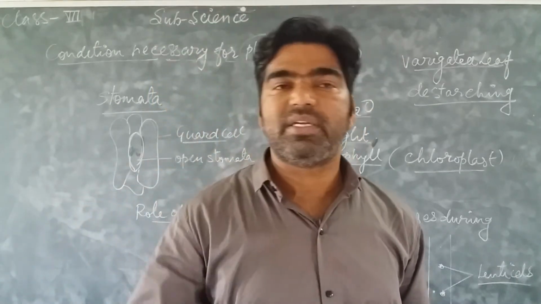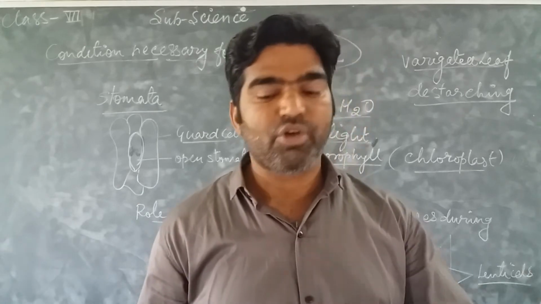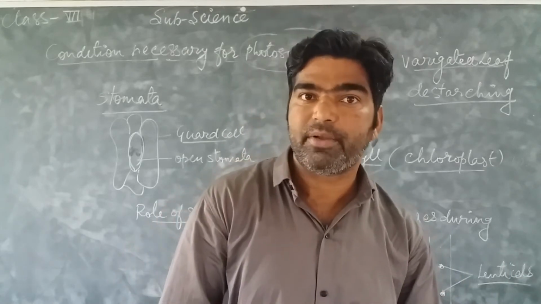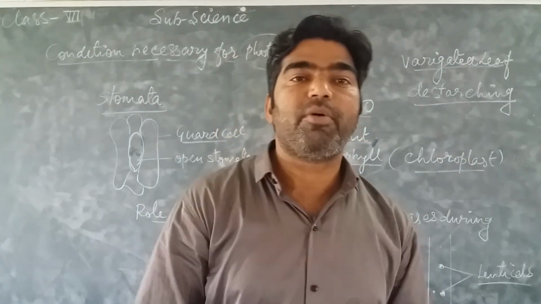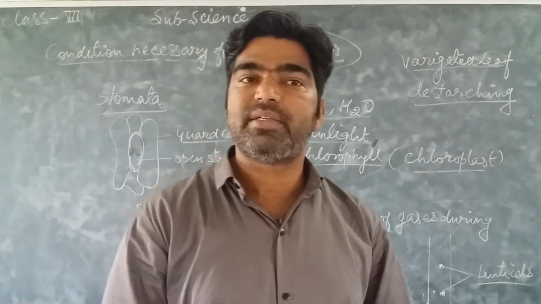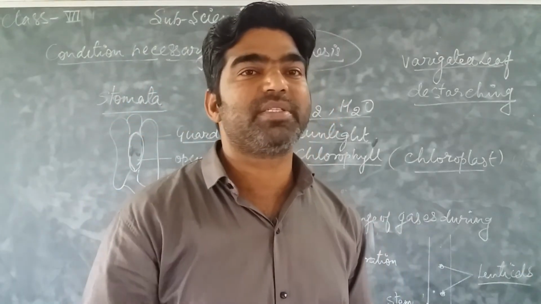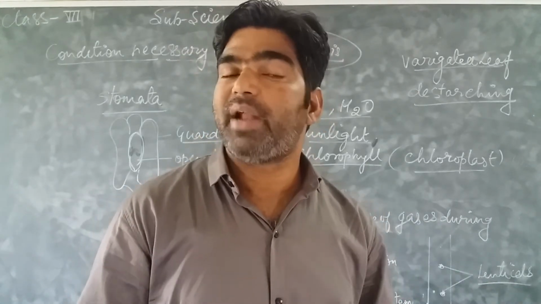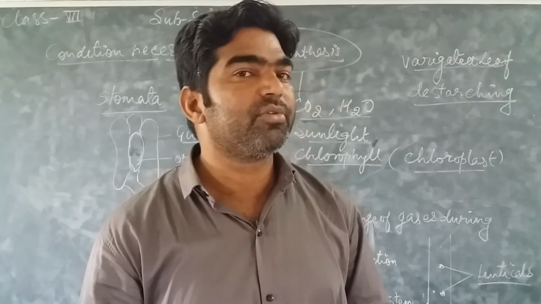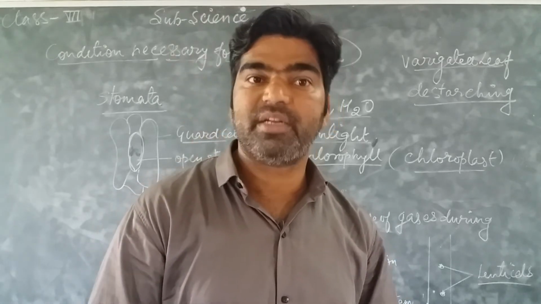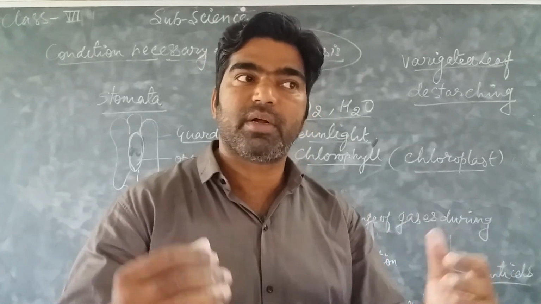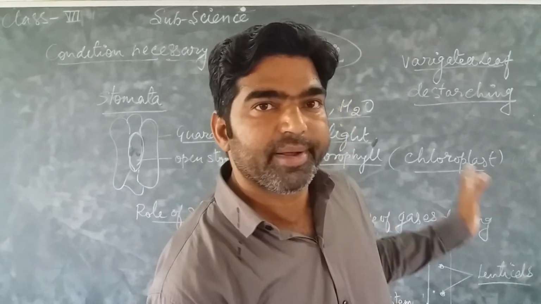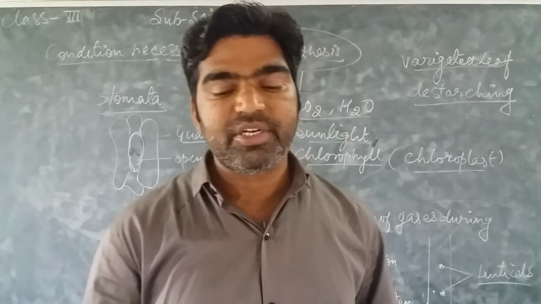Okay, so now next, the nitrogen. You know that nitrogen is an essential substance used in the synthesis of protein. You know that protein is the basic building block of our body. So this protein is formed by nitrogen, and we know that in the atmosphere 78%, a large bulk or large percentage of air, is nitrogen. But this free atmospheric nitrogen cannot be utilized by the plant in a direct way. First it should be converted into its compound, then only the plant can utilize this nitrogen. So nitrogen is present in abundance.